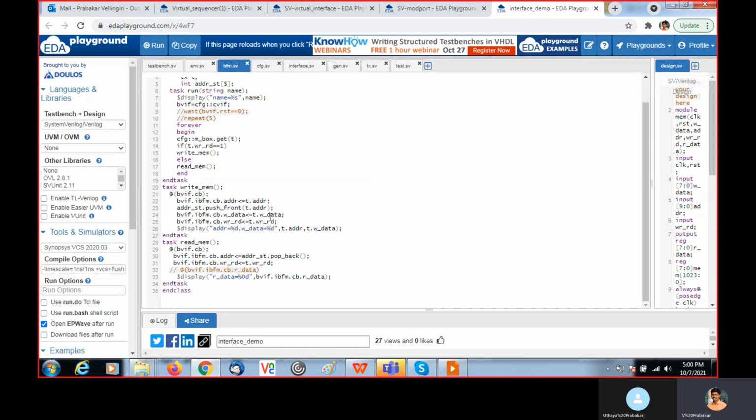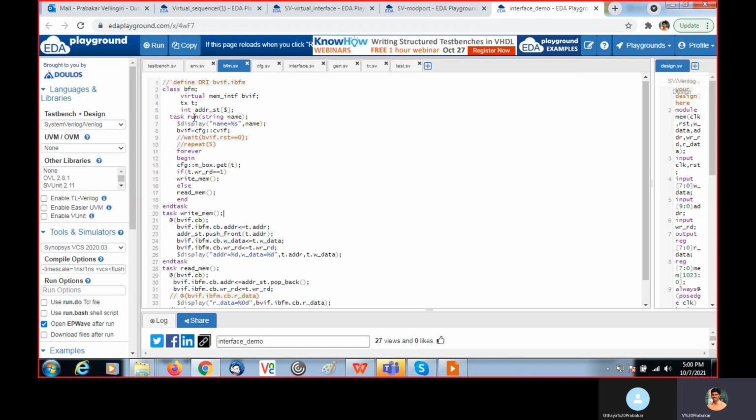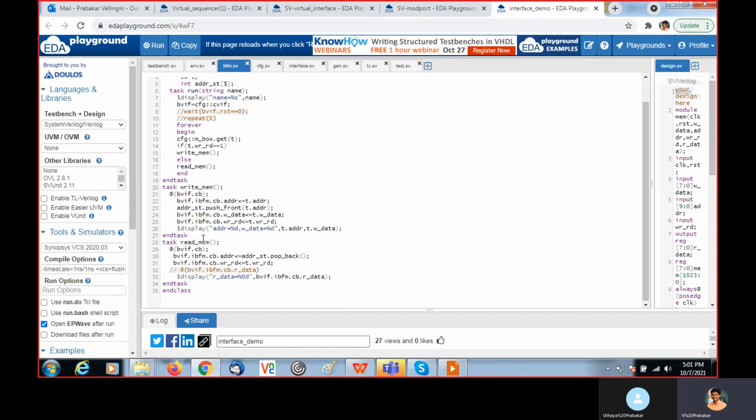In the same way, we are converting the data into this interface data, write it to the interface. Here I store the address so that while reading I can use the same address. For that purpose, I create one queue here, address st. In that, using push front, I put the address.